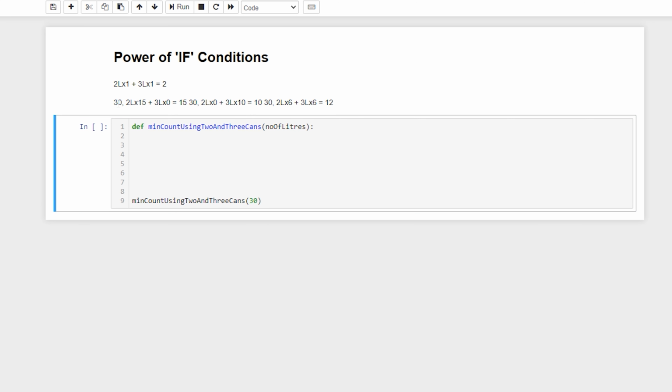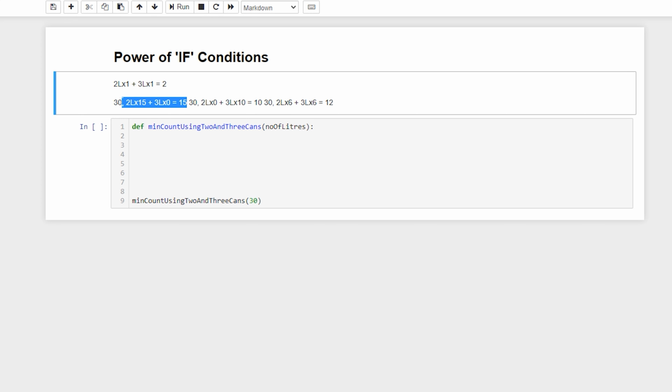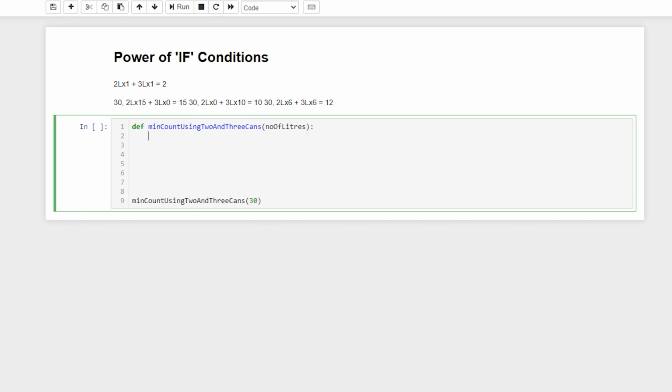So out of these three, using this equation, using 2 liters 15 times, and here using 3 liters 10 times, and here using this one 12 times, this combination of 2 and 3. If you look, obviously the mindset will be thinking in such a way that minimum times we need to count. So only by measuring a big cup it will give a lesser count. Here the big cup is 3 liters, right? So if you measure using 3 liters, you will easily get an answer 10. Okay, let us go with this approach.